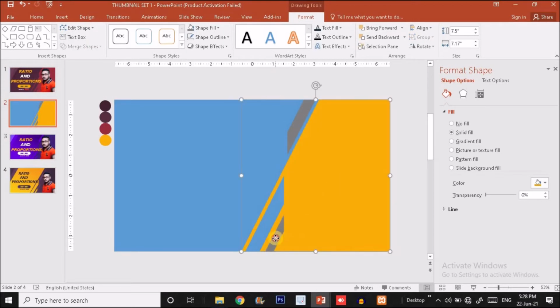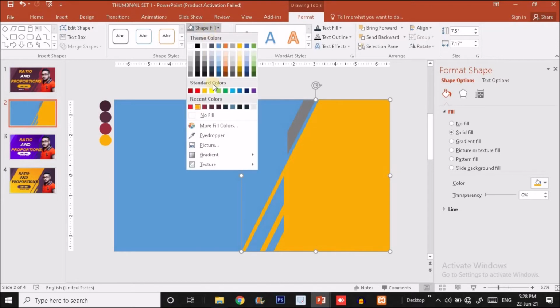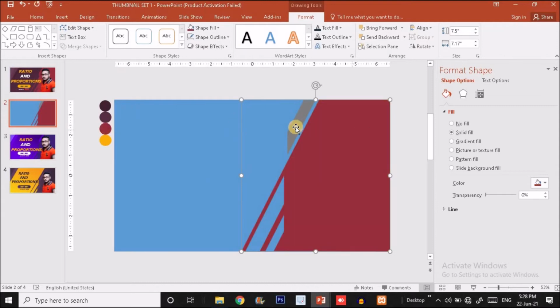Again I will select the yellow shape, Control and yellow shape, and again I will subtract this shape, guys. Now I will fill it with the color. So to do that, I'm going to choose an eyedropper. After this I will choose this color, guys. Now for this I'm doing the same. I will fill it with this color.